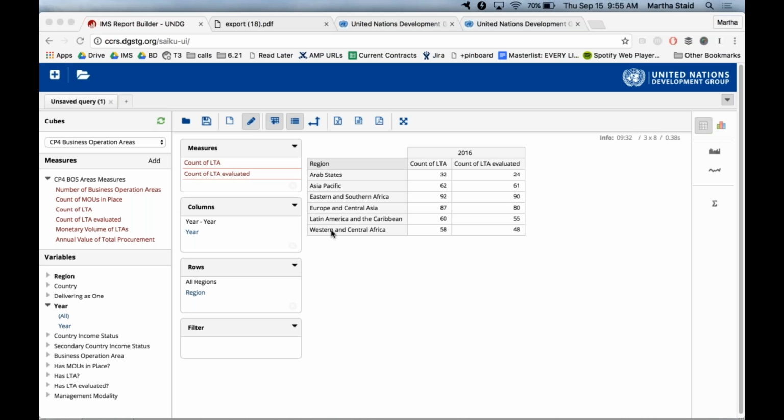No data will appear in the report builder unless it is finalized and submitted. So if a country has draft information, maybe they're partway through entering their data or it hasn't been officially confirmed, that's not going to show up in your totals here. But yeah, I think it's a valid concern in terms of just knowing data quality in the system.